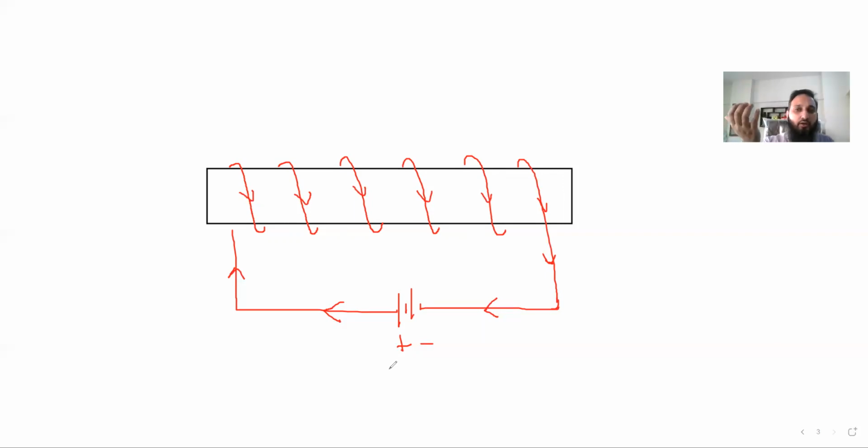For a circular wire, your fingers will turn in the direction of the current, because the current is going down. Like if this is a cylinder and the current is going down, my fingers are turning in the direction of the current. Automatically, which direction is the thumb pointing? My thumb is pointing towards the right hand side. So the north pole is on the right hand side and the south pole is on the left hand side, by applying the right hand grip rule. So if you catch the wire with your fingers turning in the direction of current, the thumb will point towards the north pole.